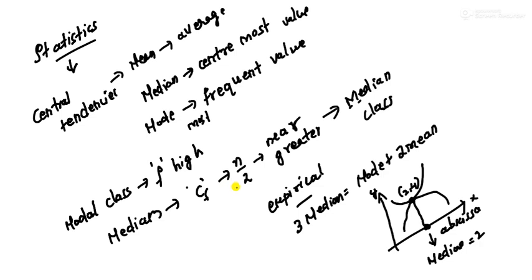Okay, chalo. So moving to our next chapter, and this chapter is triangles. It is also a very important and the most confusing chapter among the students. Actually, it is very easy.